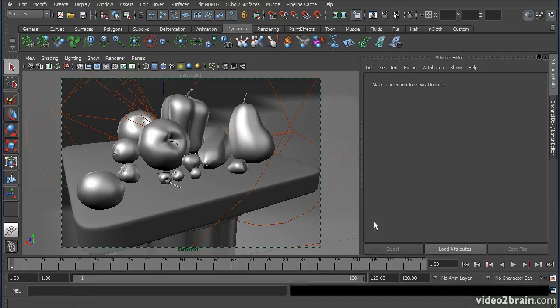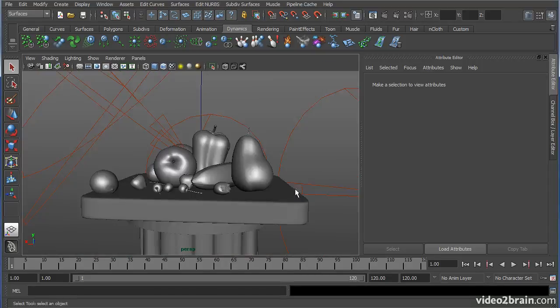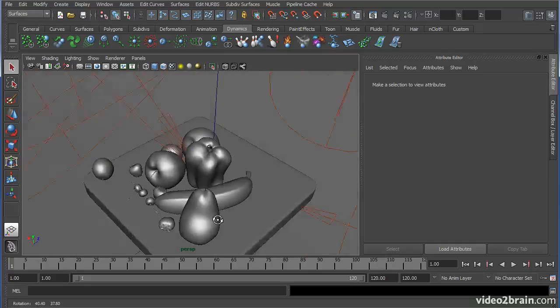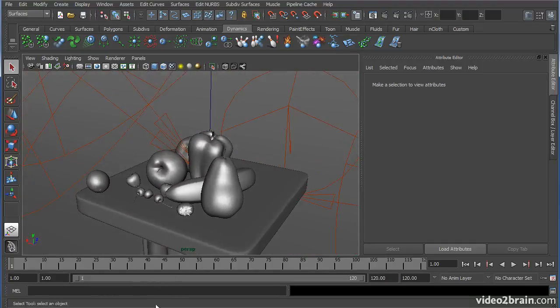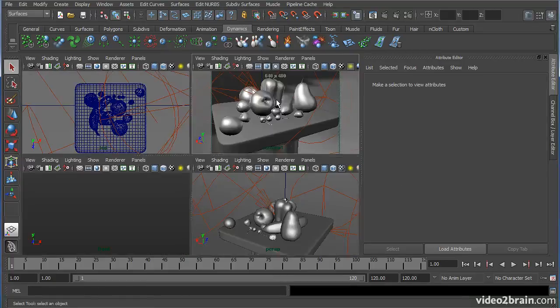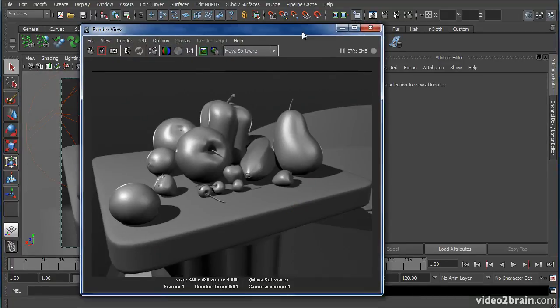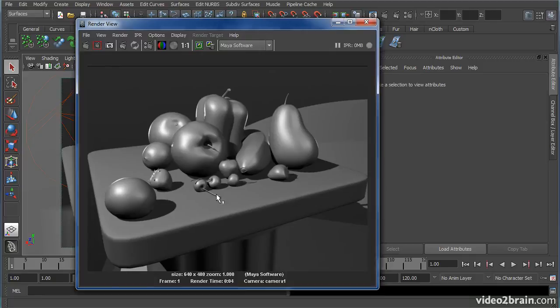In this video, we'll be taking a look at light linking in Maya. This is the ability in Maya to control which lights affect which objects in your scene. A highly useful tool. It's great for being able to light portions of the scene without affecting the rest of the scene. In our camera view, if we take a quick render, we'll see that we have a fairly well